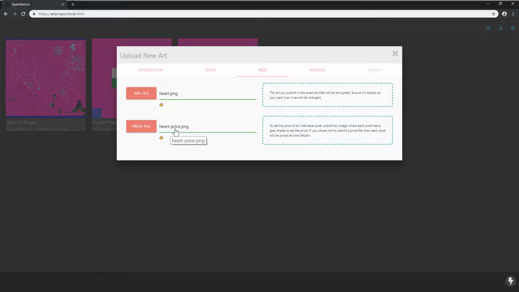So if you look at a straight piece of artwork where every pixel is priced the same, that would be just a completely gray image, actually probably white. And then changing the gradient, I think it's maybe 256 colors, shades, allows the artist to increase the price of the pixel. So they might be incentivized to do that if they want to. It's an optional thing. If they don't supply that, we will just set up a blanket pixel purchase cost across